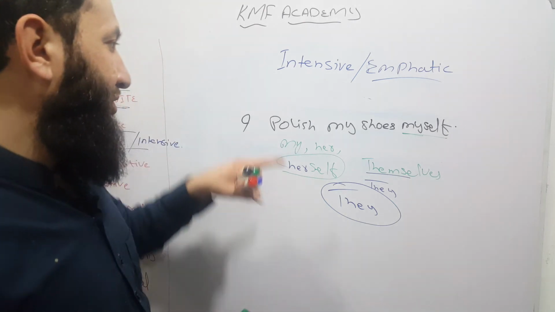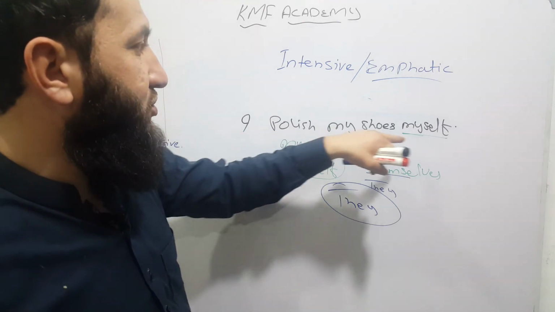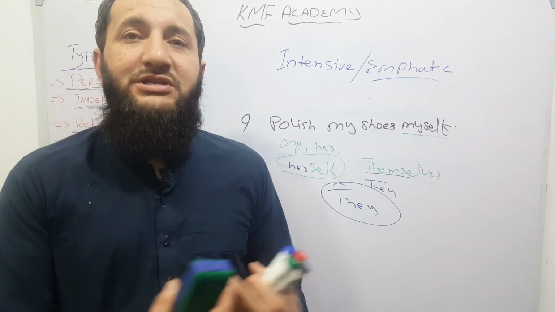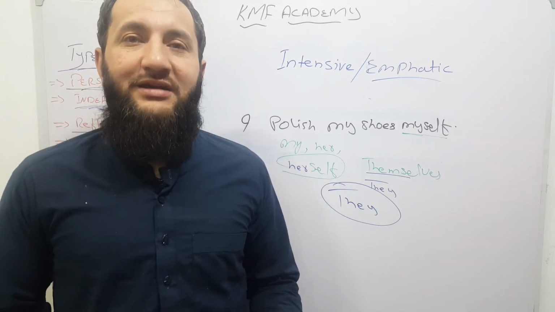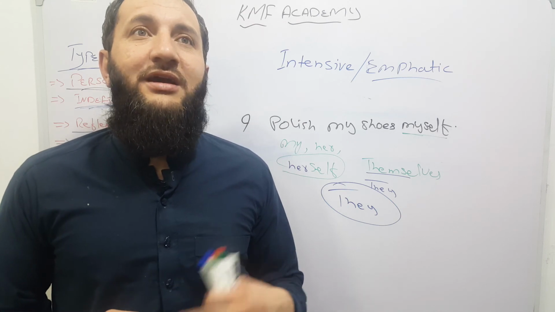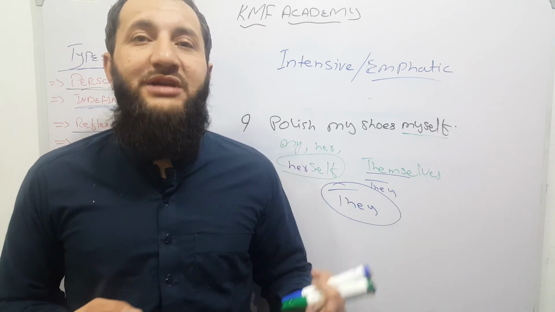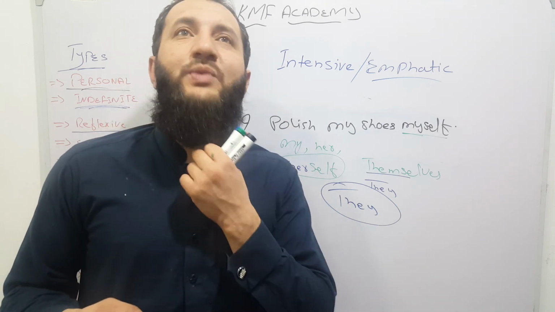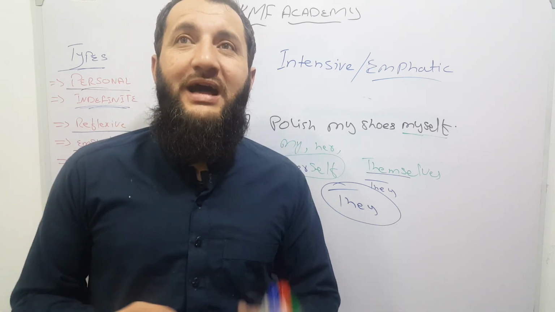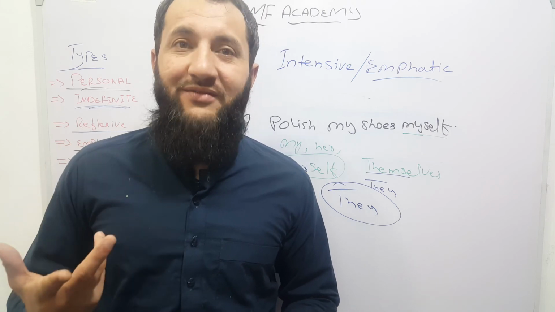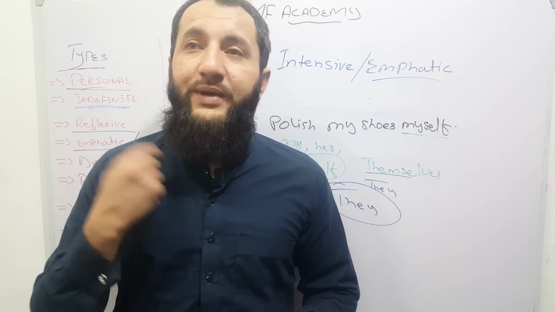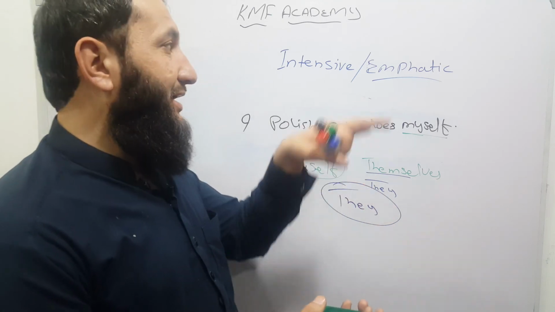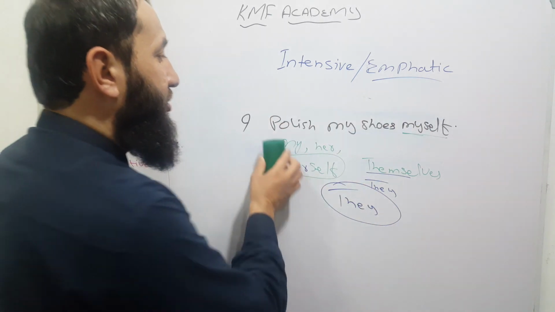For example, you say, I polish my shoes myself. You are simply saying, I always polish my shoes. Okay, there is no other guy. But let's think that someone is having some doubt that no, you have not polished it yourself. What will you do? Either you would swear, I swear I have polished it myself. Clear? Instead of swearing, what would you do? You would put stress upon the reflexive pronoun. So then you would say,